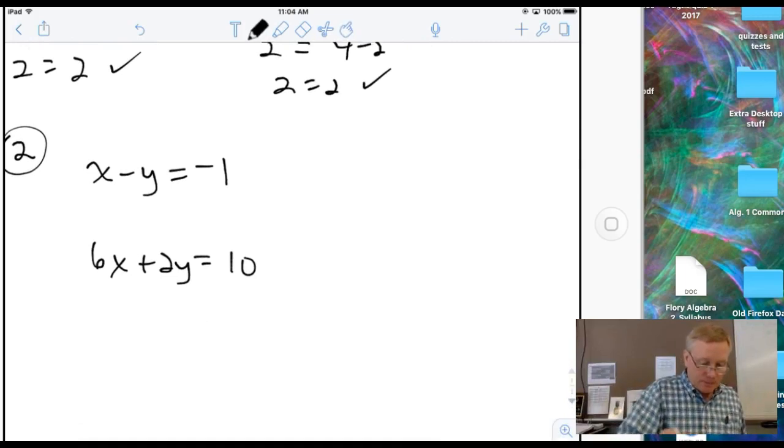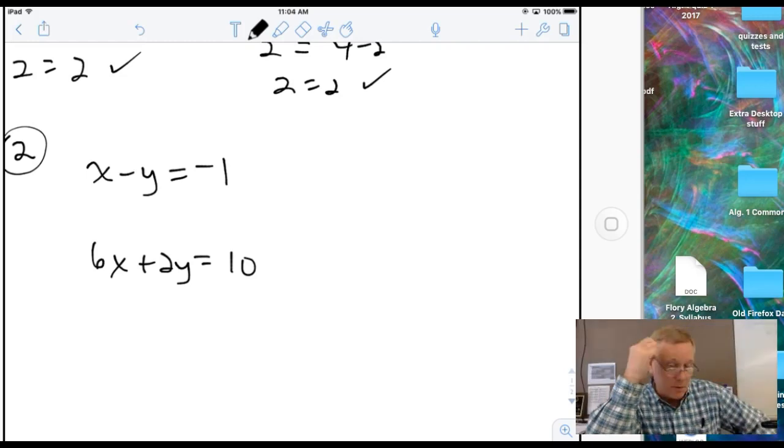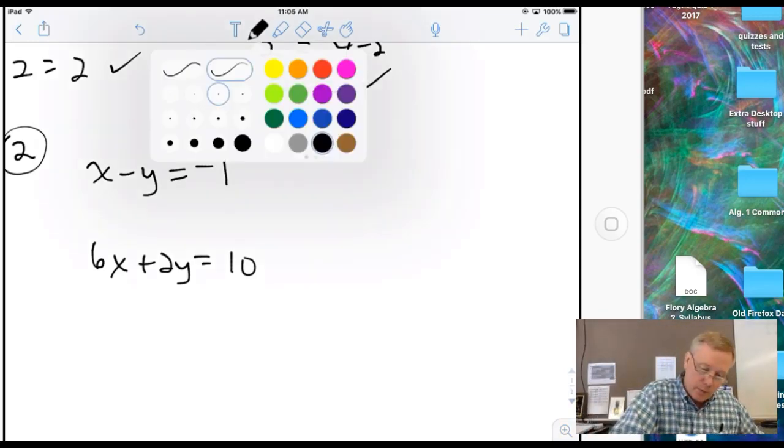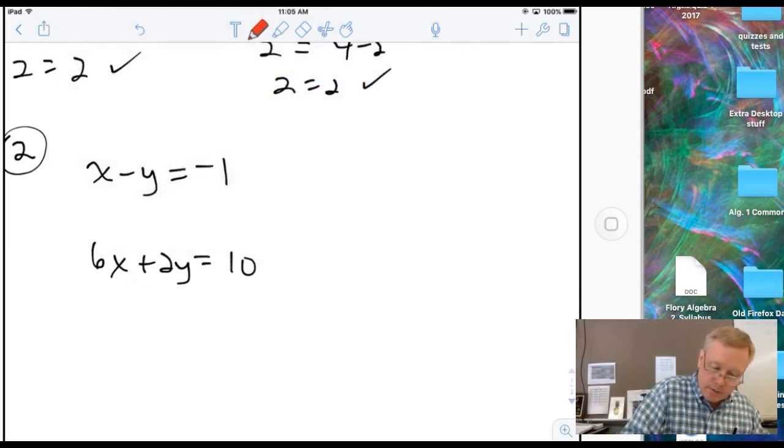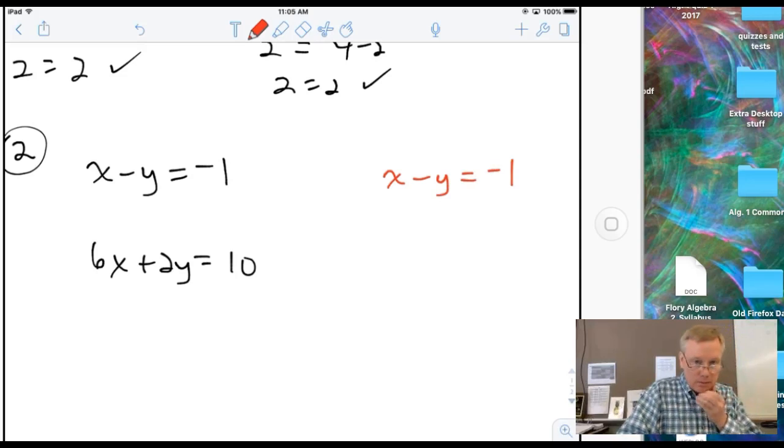All right, so if I start, I have to have x equals or y equals. In this one, I don't have either of those, so I need to manipulate one of my equations. I'm going to take that top one because it looks easier to work with. I got a solo x and a solo y, so that'll make it easier. If I try to isolate this y over here, sooner or later I'm going to have to divide by 2. It's just going to be more work, so I usually try to go after that one that's a regular x